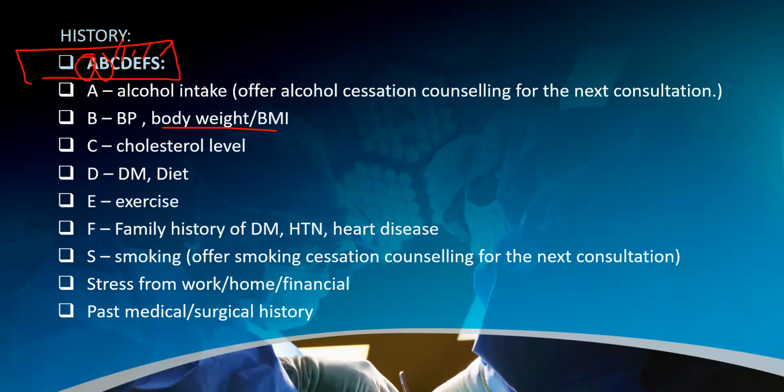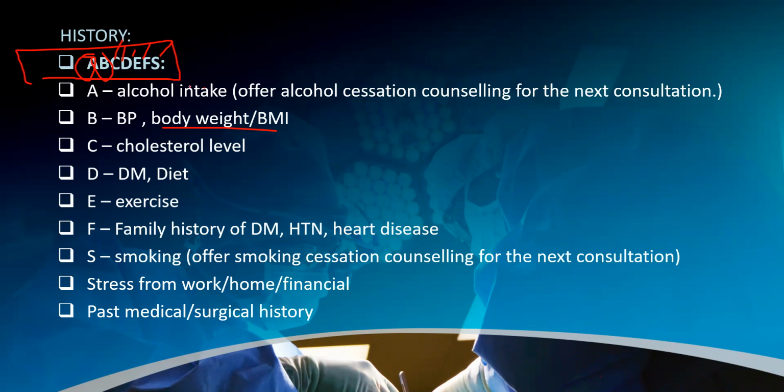So this is very important to ask to find out the risk factors this patient has. Now, you are not going to start your question with alcohol and blood pressure. Normally you can just start by asking, how are you feeling at the moment? Currently, do you have any chest pain, any shortness of breath, any trouble with your vision, any difficulty breathing, any racing of your heart, any pain in your leg? So just some serious related symptoms you will ask first, to find out if this patient is having any symptom currently or not.